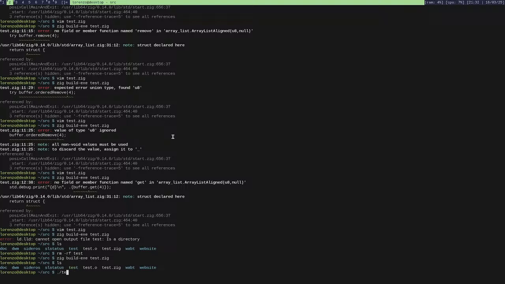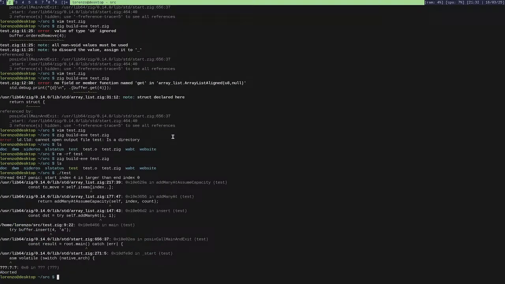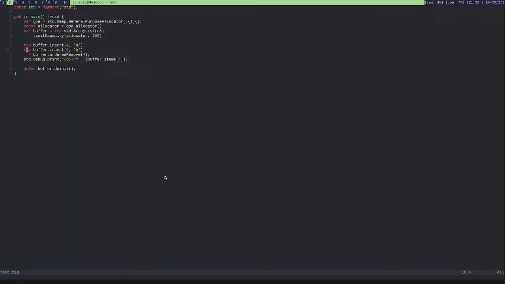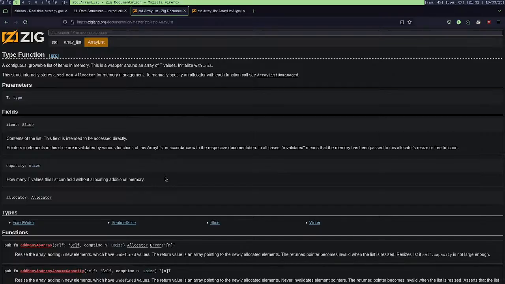Start index 4 is larger than end index 0. Okay. So I can't really insert something on index 4 because this thing is packed. So I can't use this for the sparse array, but I can use this for the dense array.